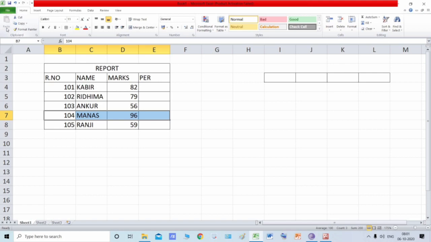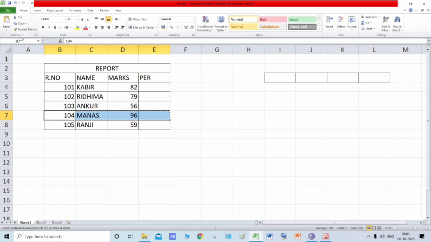As you can see, this paste button is not active as of yet, but as soon as I click either the cut button or the copy button, the paste button will get activated. See, I'm going to click on the copy button first. As soon as I clicked on it, the paste button became active. And what happened when I clicked on copy? This much data got copied to the clipboard, a special location in the computer's memory.